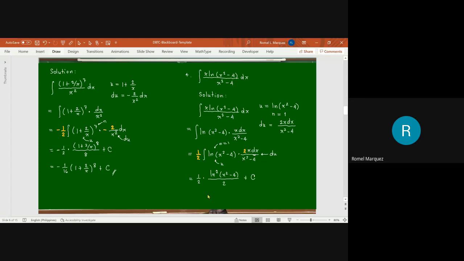Last one for this, so that we can talk about the logarithmic formula. Okay? So let's have a little bit challenging one. Let's say we're given the integral number 5. Number 5. We have the integral of